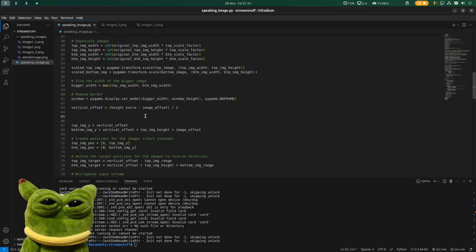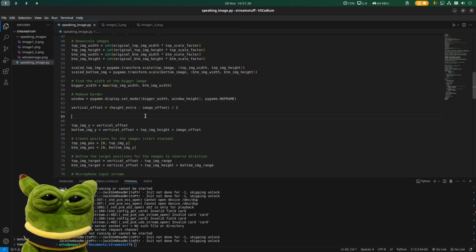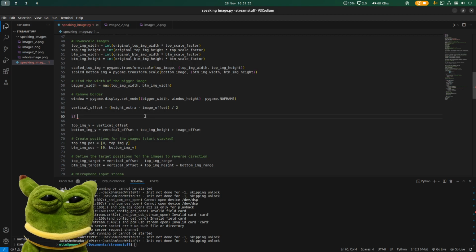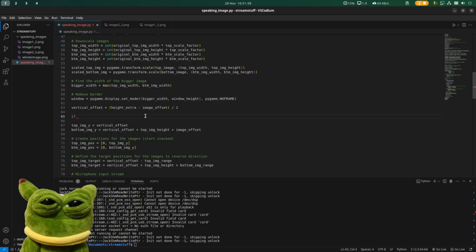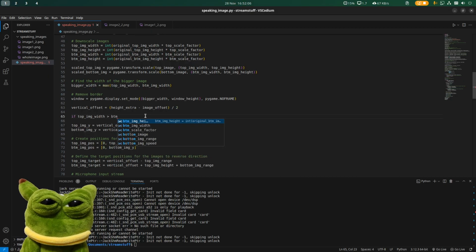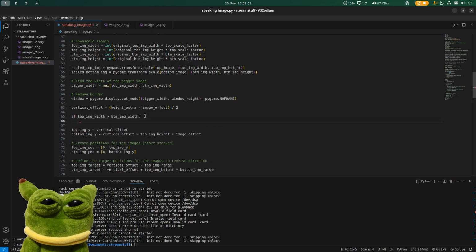Okay, so let's see. If, yeah, I think I have to do an if condition here still. Top img width is greater than the btm img width, then